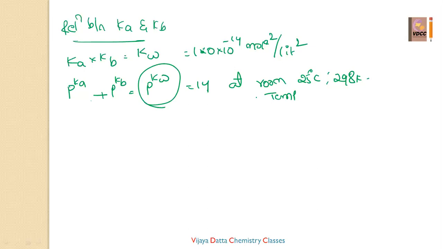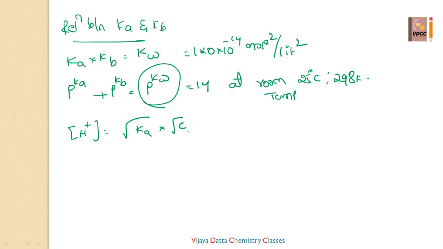Based on these we can take the pH and pKa values also. Let us see how to calculate. The concentration of H plus is root Ka into root C. If we take the negative logarithm of this, the concentration of H plus equals root Ka, and can we write this root as Ka power 1 by 2?